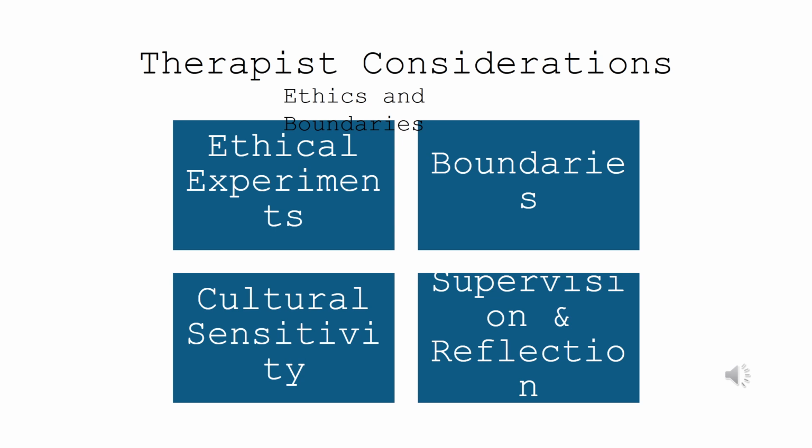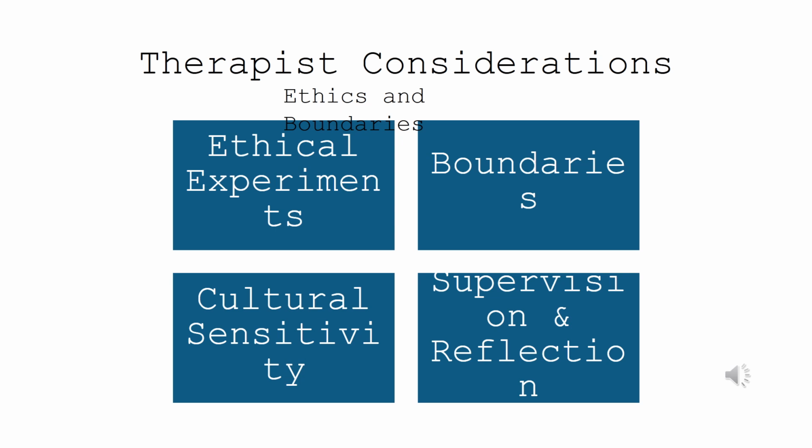When we talk about boundaries, for example, the therapist needs to realize that Gestalt is always relational, but it does require a very strong frame. So, for example, they need to be mindful of the session time, their role clarity, and there needs to be physical boundaries as well. Another crucial element under ethics and boundaries is cultural sensitivity,